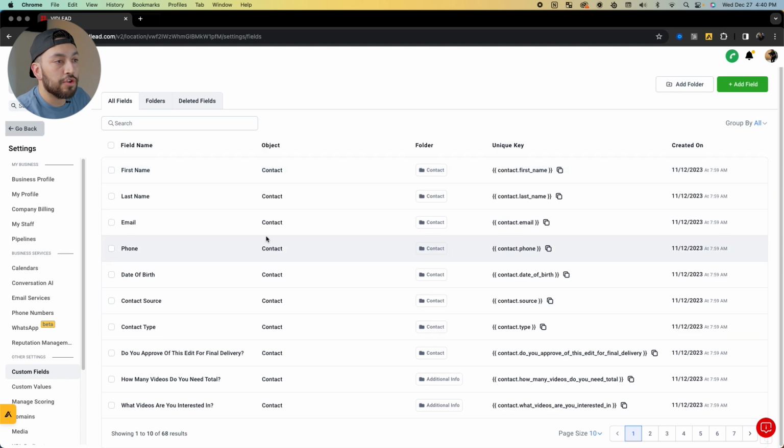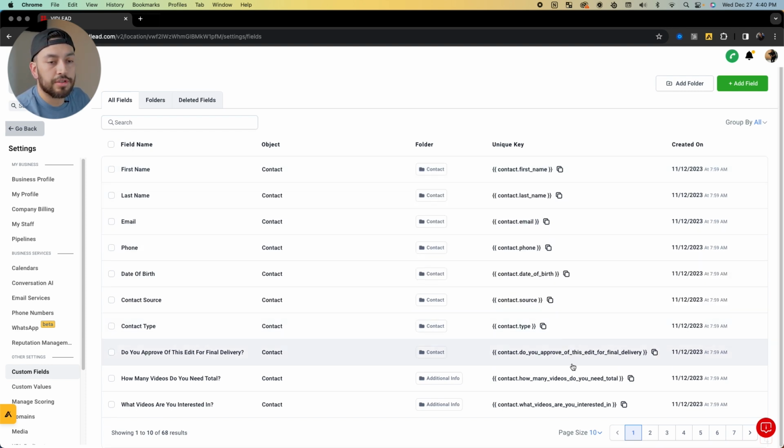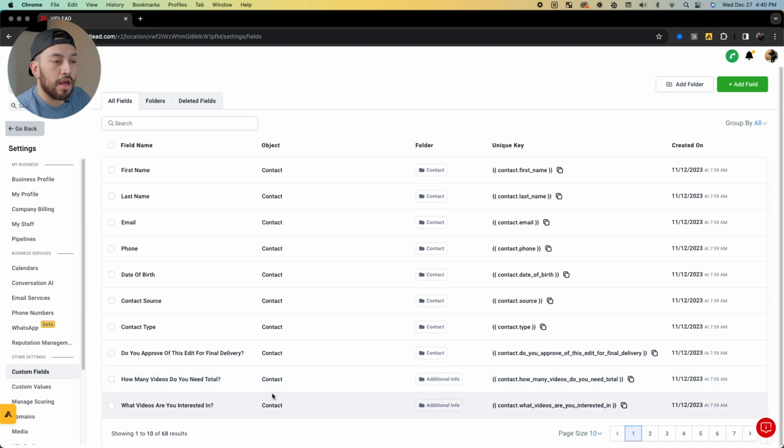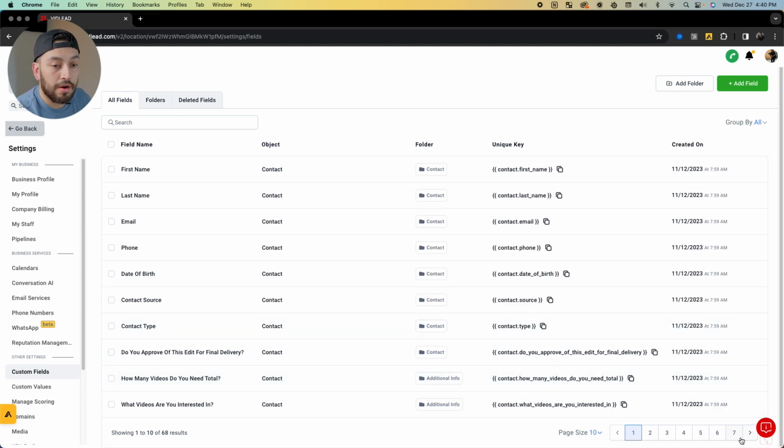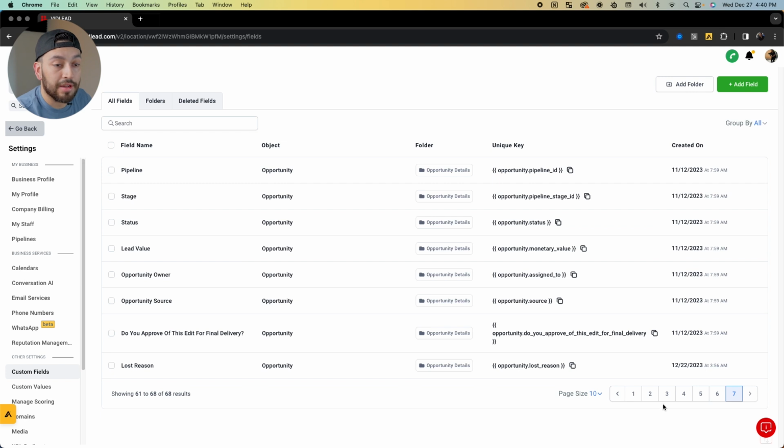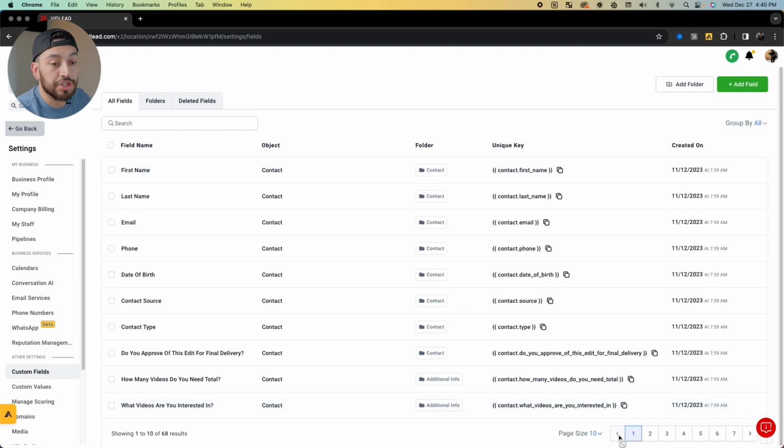And then you have your unique keys here, which is super important for your automated messages, your automations that you set, which is just another super cool feature. They have a ton in here already. I haven't changed this at all because they're all pretty much legit. You don't have to put everybody's name individually and send all those manually. You can just send one email and it'll automatically personalize it to that specific person you're sending it to,